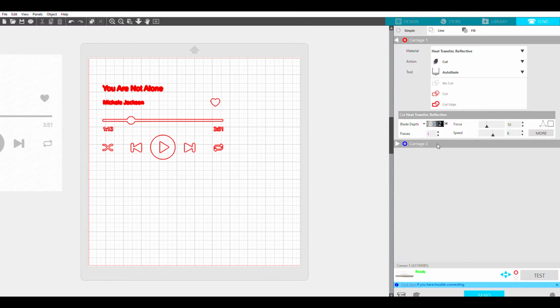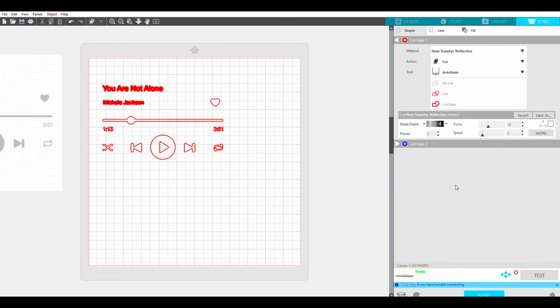But if you are not sure what the actual cutting parameters are, you can check out our Amazon store to see what kind of vinyl you bought, and there should be corresponding cutting parameters right in the product introduction page. So let's say the cutting parameters for heat transfer vinyl are probably 3 in blade depth, 12 in force, and 2 in speed, and last